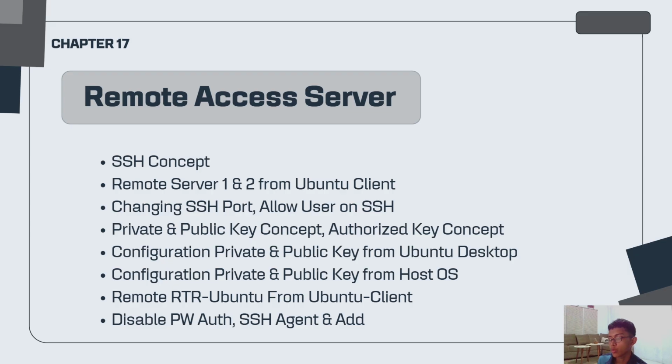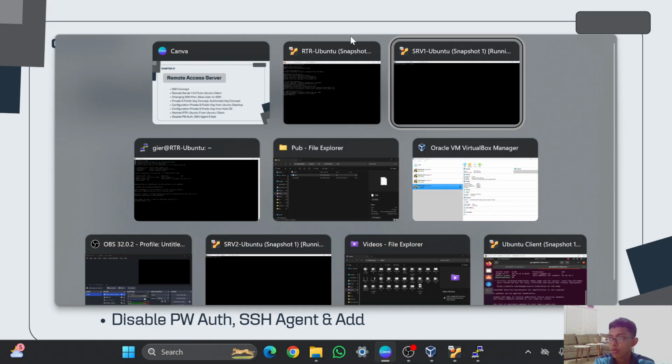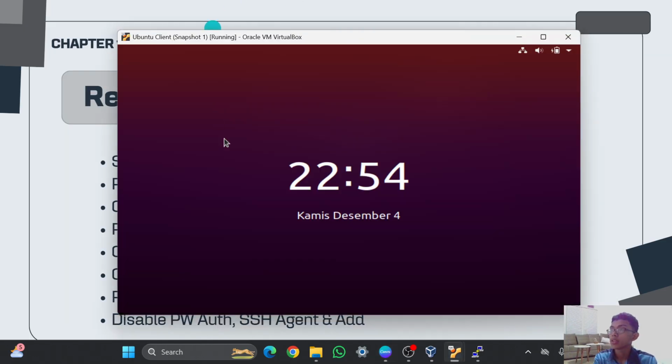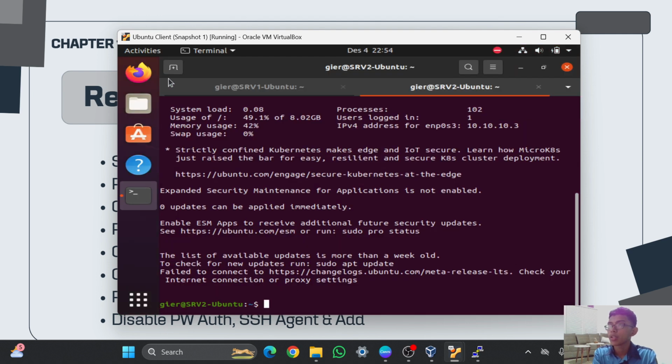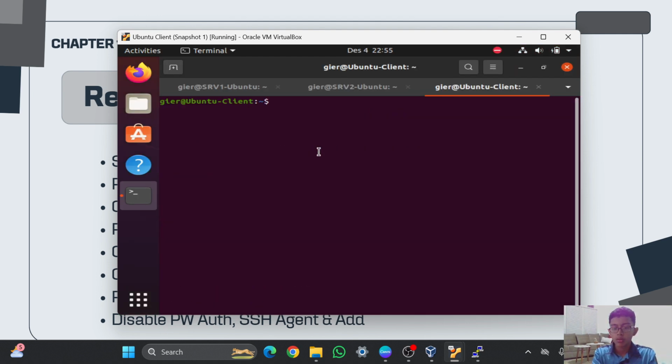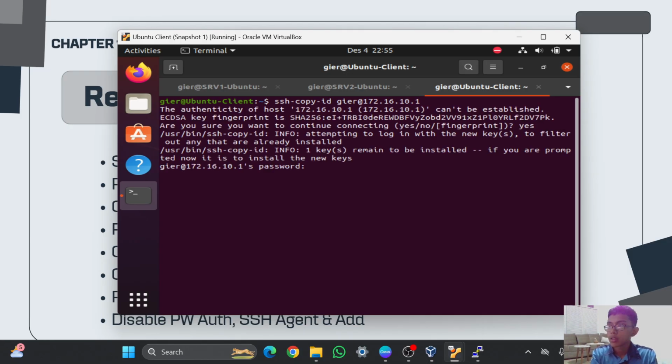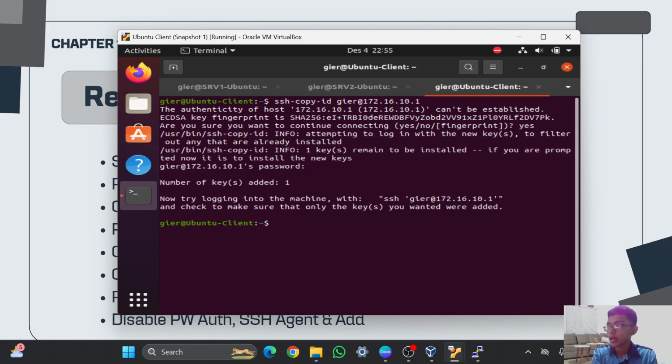So we just need to copy the public key from the client into the router Ubuntu, which is using the command. Oh yeah, I need to log in again. I will just open the new command prompt using ssh-copy-id, and then the user is GR, and then at, and the IP that connects to the Ubuntu client, it is this one, 16.10.1, and then enter, yes. The password is the password of GR, and as you can see right now